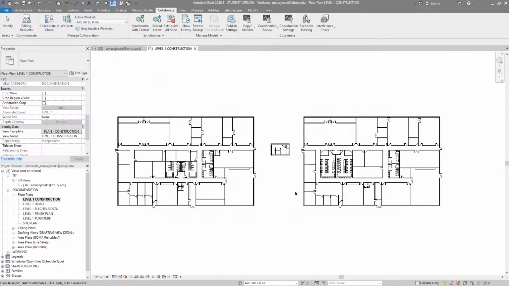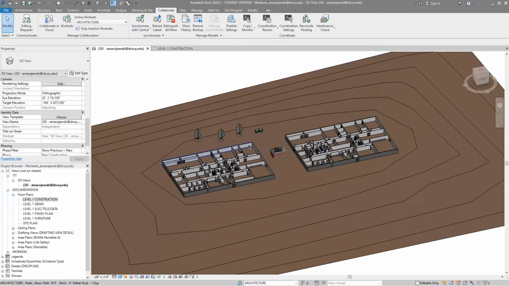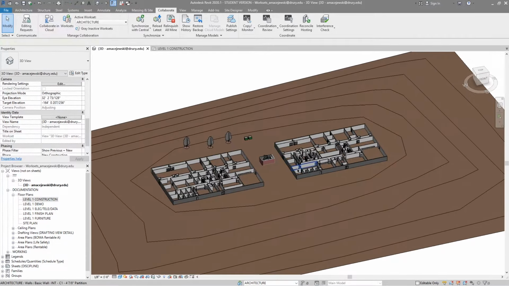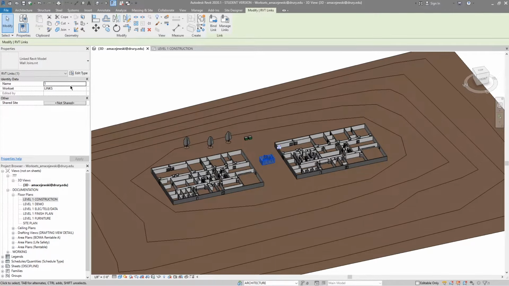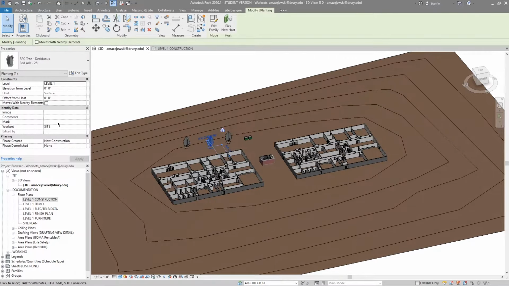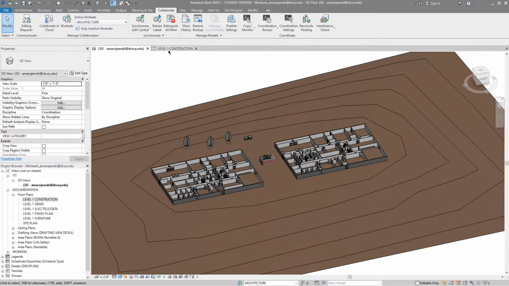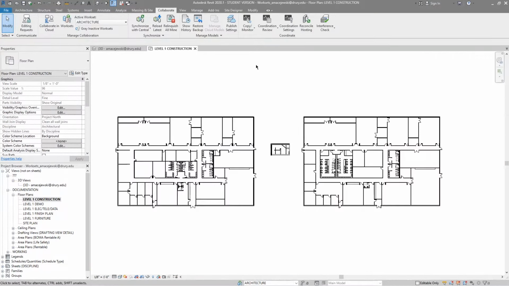I'll hit OK. And so now I'm going to go back to 3D. If I click on anything in the architecture here, or anything in these plans, I can see it's in the Architecture workset. If I click on the link, I can see it's in Links, and same with the trees, it's on the Site. This is awesome because now if I go to this Level 1 construction view, the basic floor plan,